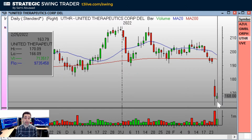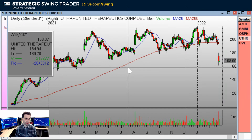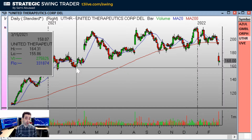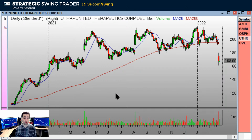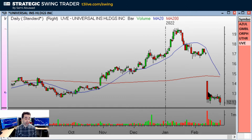So I like it under 166 short, stop over 170.09. So it is a $4 stop. It's a big stop, and target on it, it broke under support. Really has room, I mean, to 130. It does have a little bit of support at 156 or so, but hopefully all the way down to 130 eventually. So that's a UTHR, and last but not least is the UVE, which, as you can see, gapped down